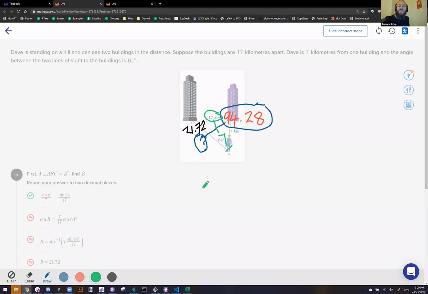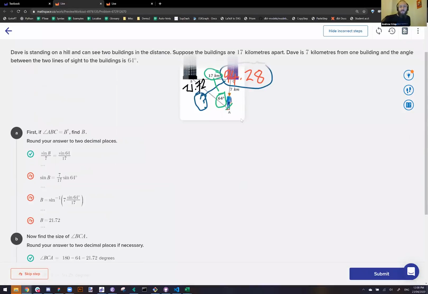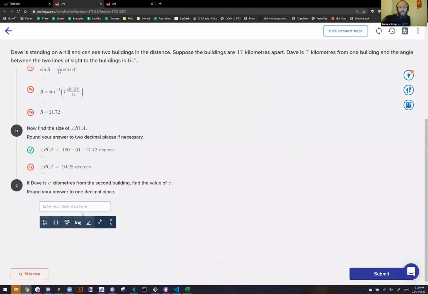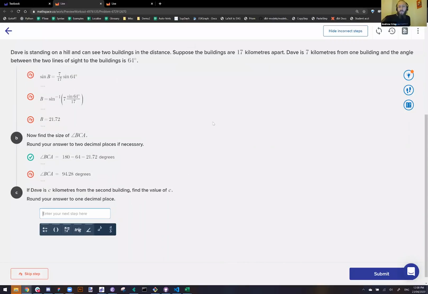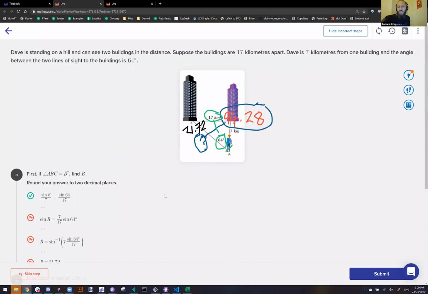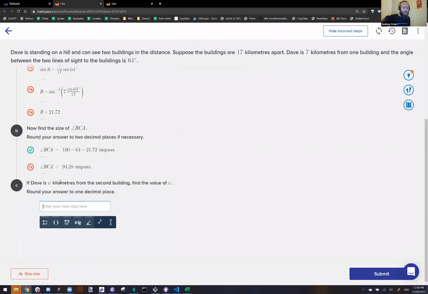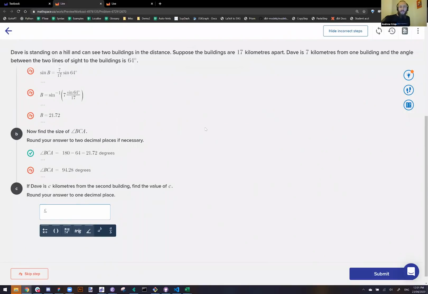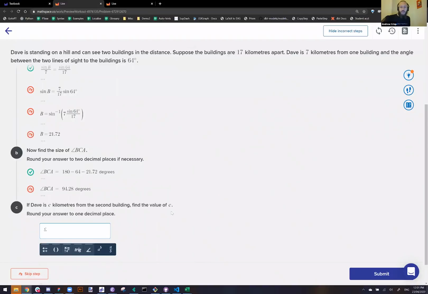So we're just using the sine rule twice. The first time we used it, we found this angle. We used the angle sum of a triangle to find this angle, and then we're going to use it one final time to find the length of this side. Okay, so let's put it in. This is the value C that we're trying to find. This question mark is C. It tells us that it's C in the question. C divided by sine of the angle opposite, 94.28,